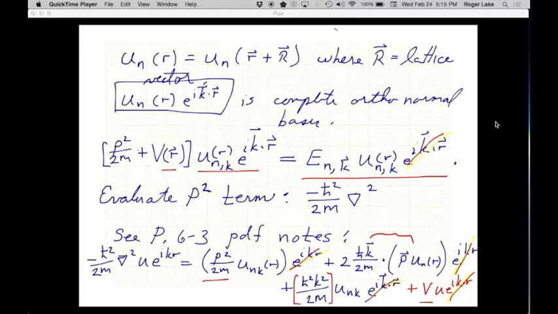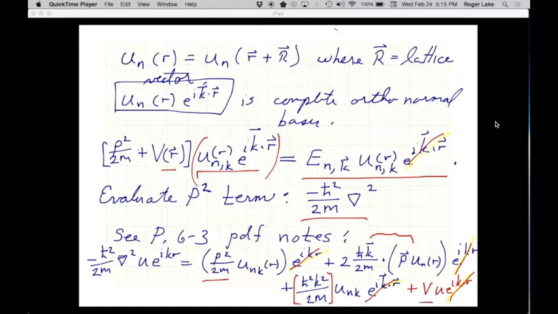You take this p squared term, and you hit this term with it. That's a product of two functions of r, u of r and e to the i k dot r, so you hit it twice, like grad squared. It's confusing. Think of it as d squared dx squared, just replace r with x. So you hit it twice, and each time you use a product rule or whatever. When you do the derivatives and work it through,